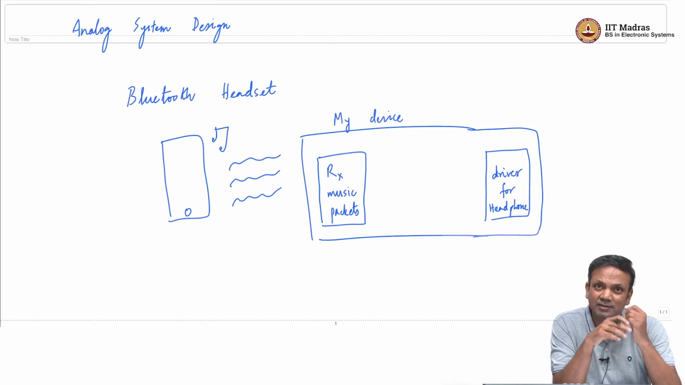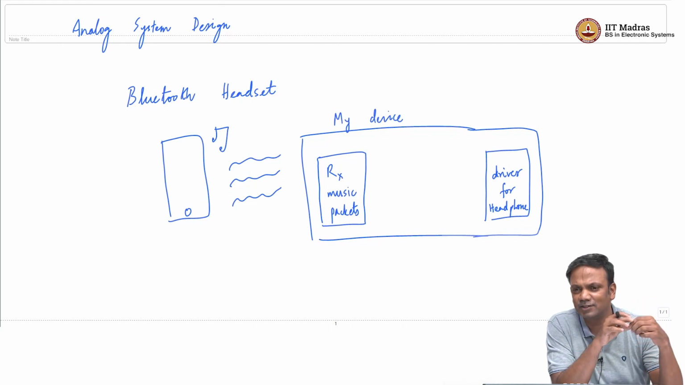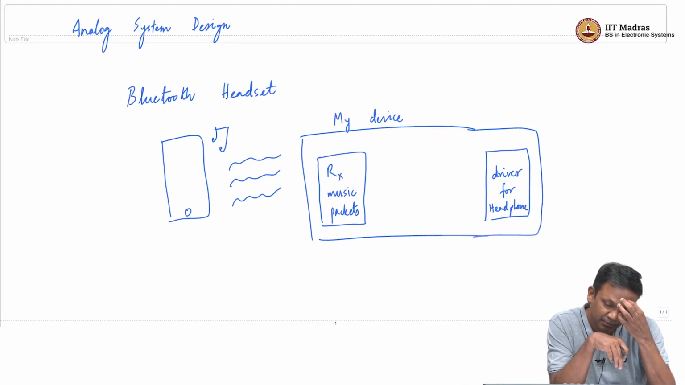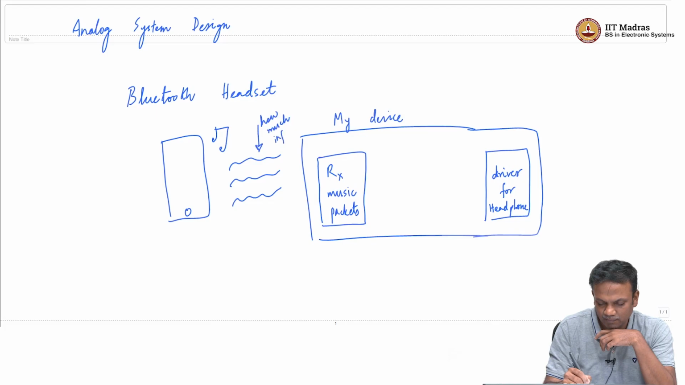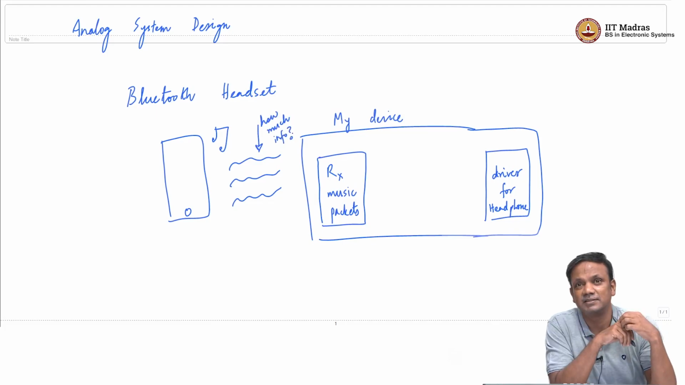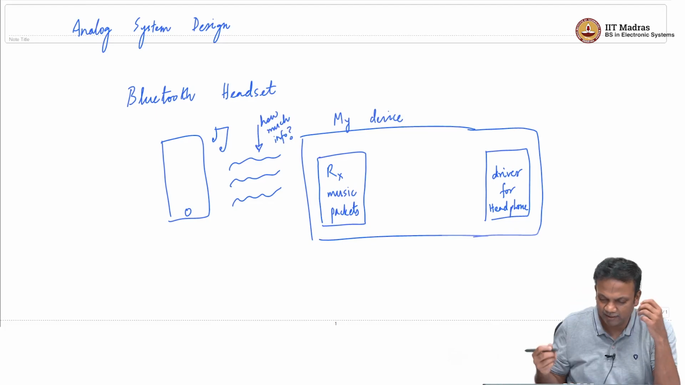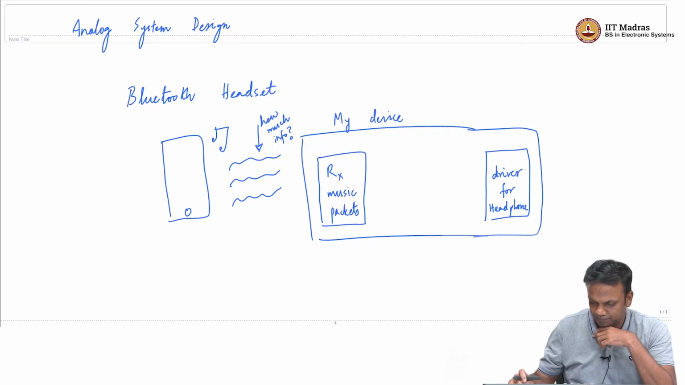In that context, it is again interesting to think about, embracing the role of an embedded system engineer, how much information are we sending here? So let us say, for example,